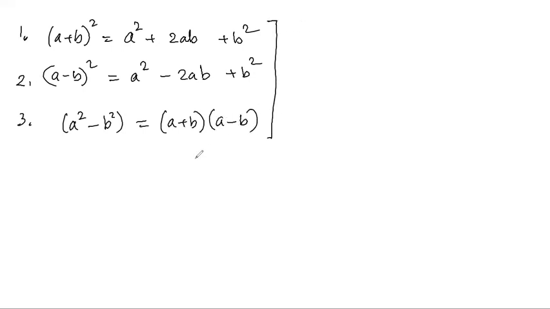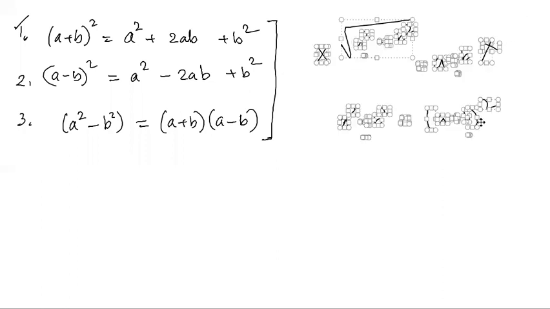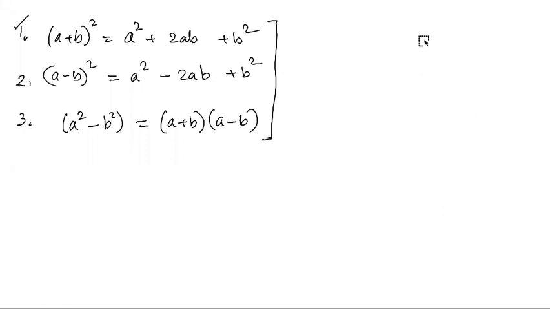So these you must know thoroughly. There should not be any doubt about these three. As a result, often people write a squared plus b squared as a plus b. Now that's wrong. Because if this were true, and you square both sides, then a squared plus b squared would be (a plus b) whole squared. And from the first formula, you know that's not true. So this is false, right? You should not make such careless mistakes during the test. You have to be careful about these things.